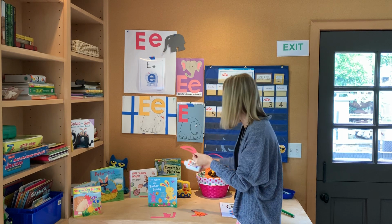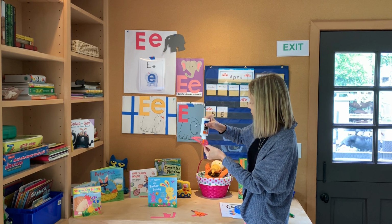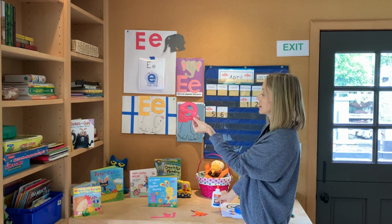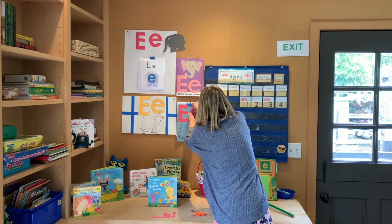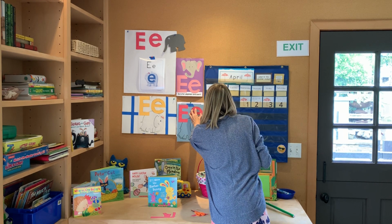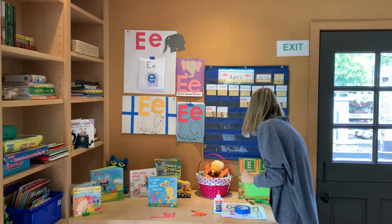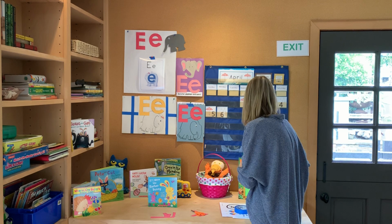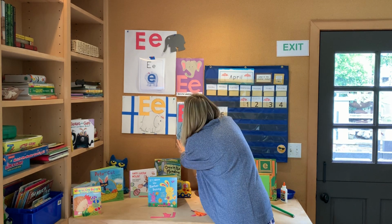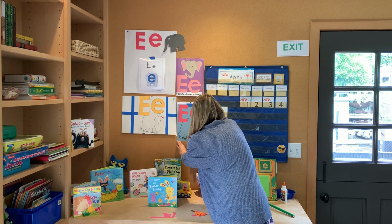Dot, dot, not a lot, or little skinny lines. And I'm going to turn it over, and I'm going to push it on and glue it down. I would like to add some details to my elephant. I'm going to get out a green marker, and I know elephants like to eat grass. So I'm going to take my green marker. And right here at the bottom, I'm going to draw some grass